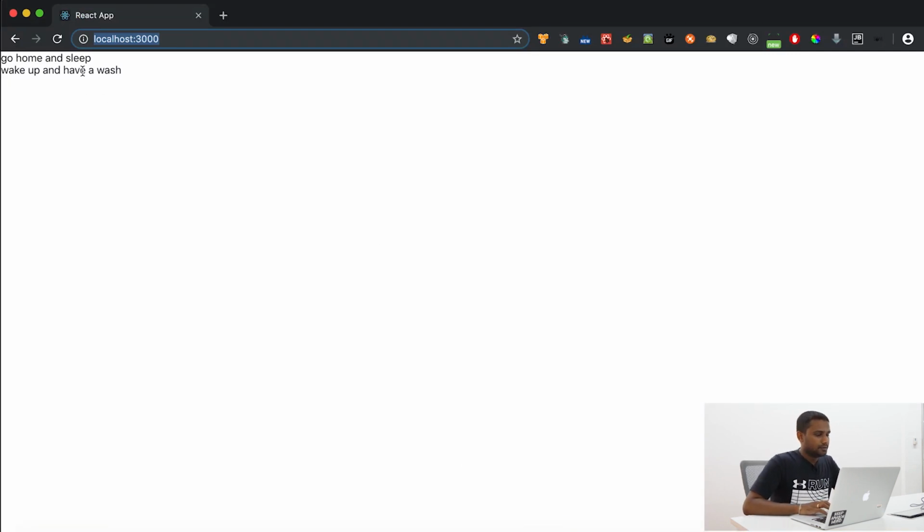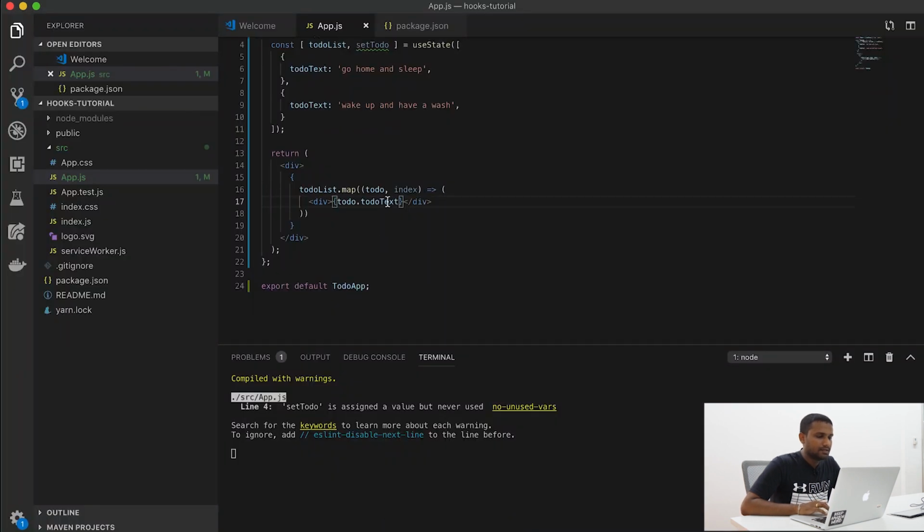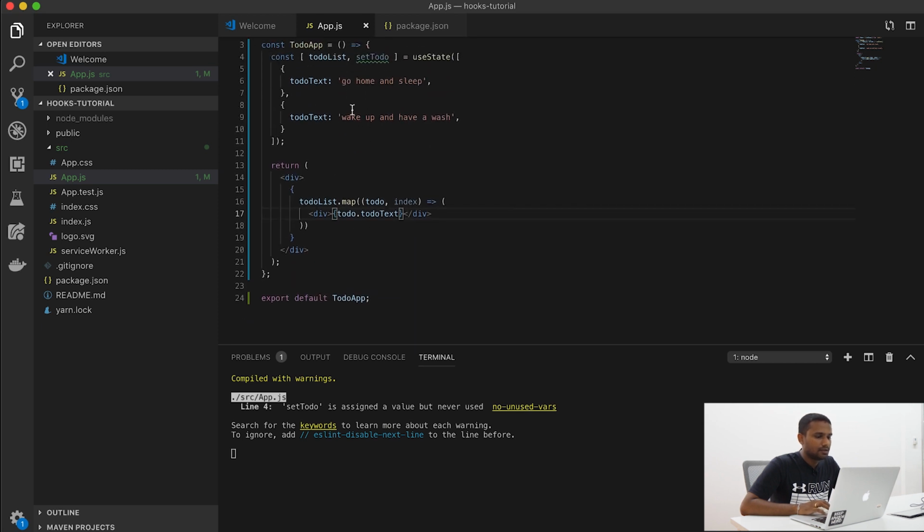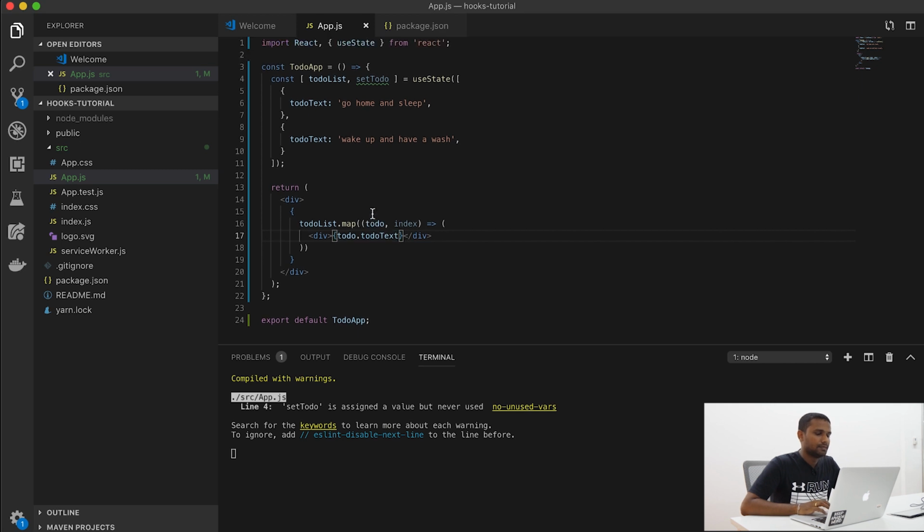So we are actually now using the state feature in a function based component, and we are rendering those values using a map in our DOM. So let's get into more detail and create